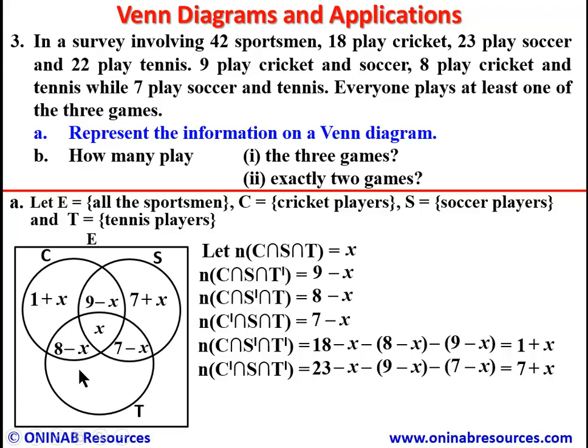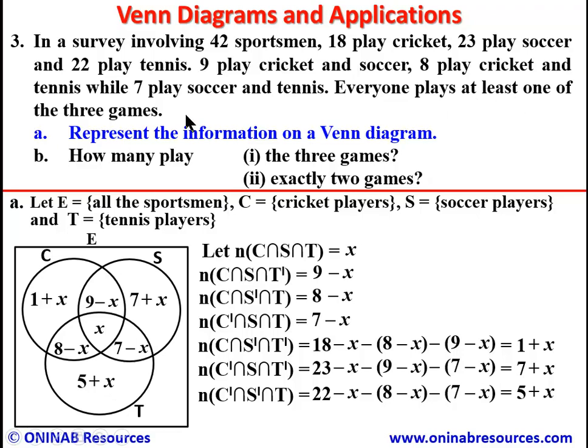Those playing tennis only, that is N of C prime intersection S prime intersection T. How many of them playing tennis? 22. So that's going to give us 22 minus X minus 8 minus X minus 7 minus X. So if you simplify correctly, we have 5 plus X, which comes to this region, 5 plus X,